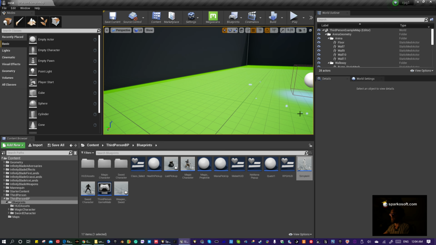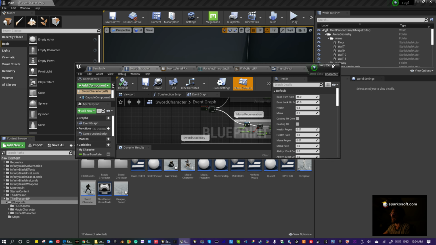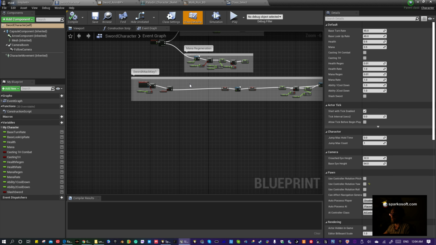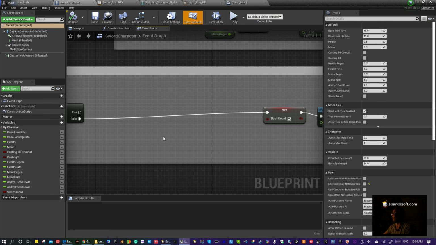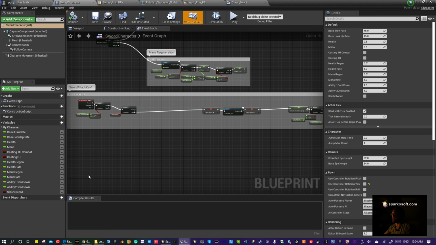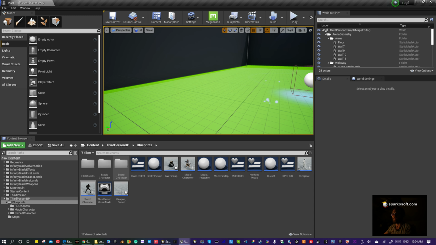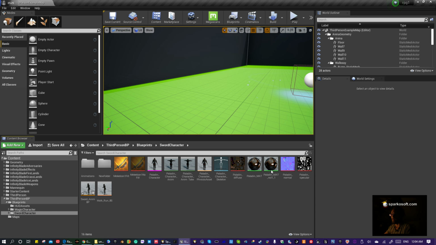Okay, so for the sword character, we basically did two things. Under his blueprint, we removed the two sections where it's telling the sword character to stop moving immediately. Essentially that, because we want our sword character to continuously be moving when attacking now. So under the sword character's blueprint,